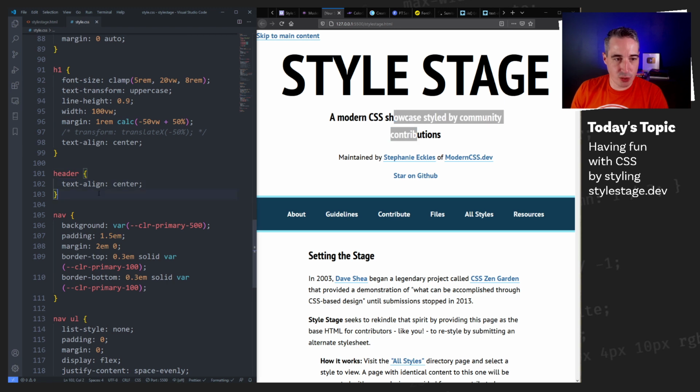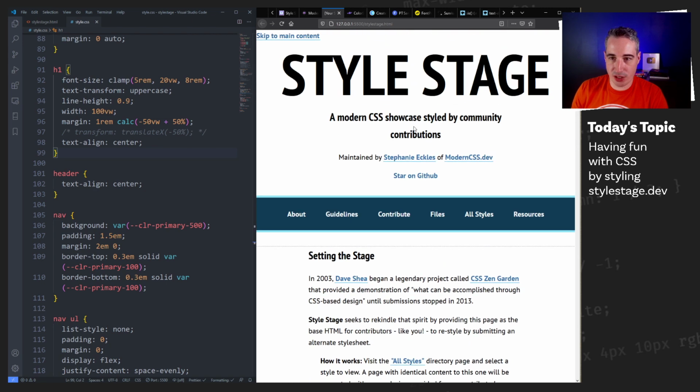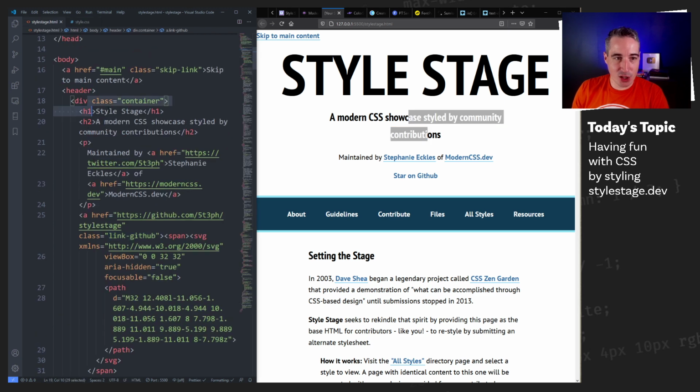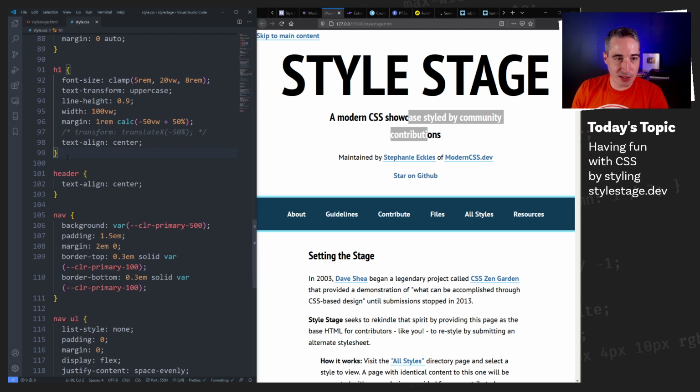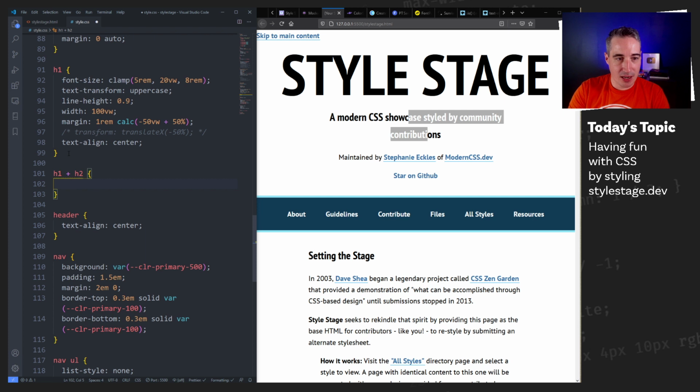That's my H2. I think these are all H2s, and I only want to target this one right now. Because we have an H1 followed by an H2 here, and that's obviously the only H1 on my page, I'm just going to do H1 plus H2. I could also do first-of-type probably, but this would work. So font size will be,